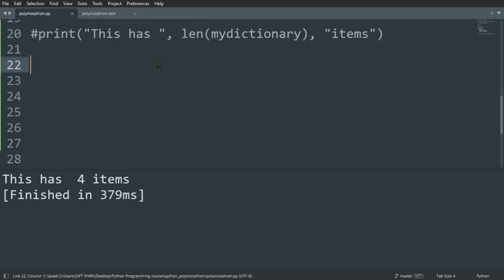Okay, so what about a tuple? A tuple is just the same thing as a list, except that the data inside that tuple is